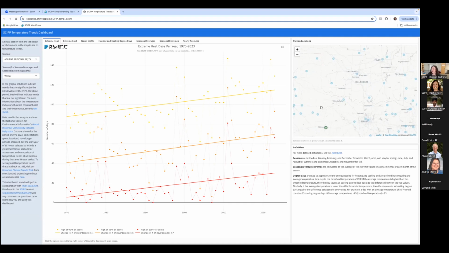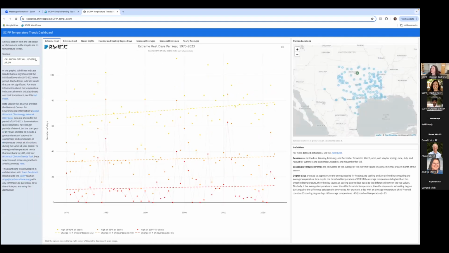It says this wants to be slow today. Let's just keep it on Abilene, Texas, unless it's going to change for me. All right, there we go. So this tool, again, has a lot of information about different temperature trends at different thresholds. You can use it for both extreme heat and extreme cold. So we were focused on extreme heat for the example today, so we're just going to leave it at this